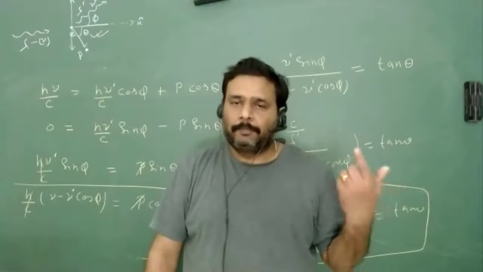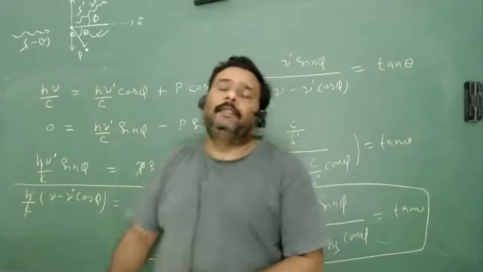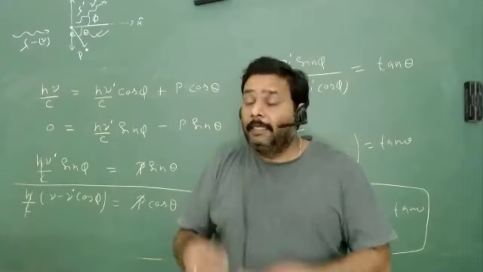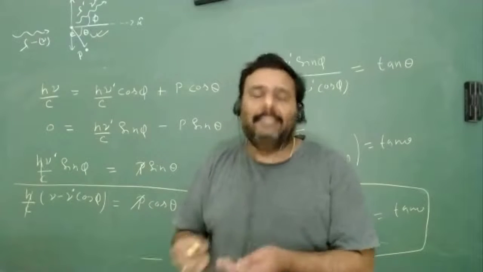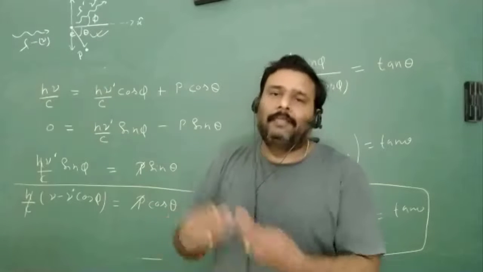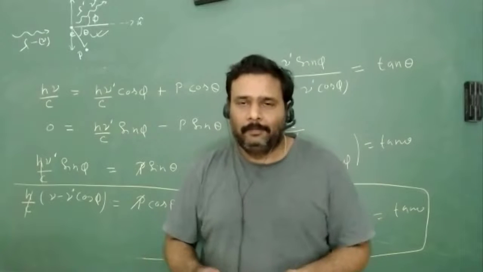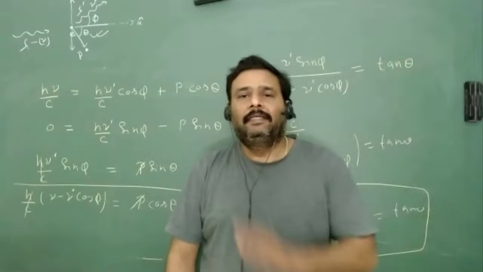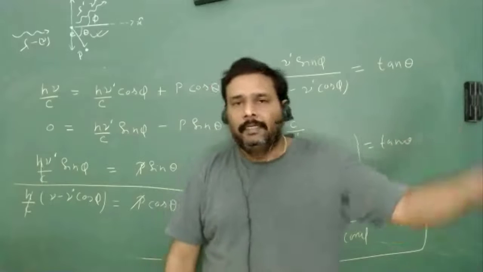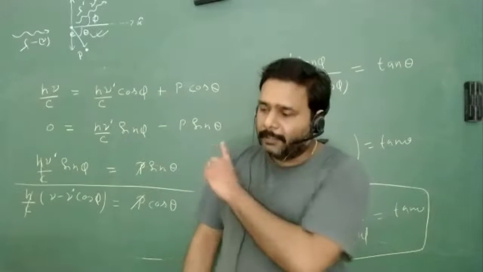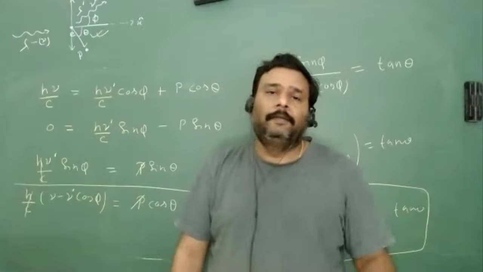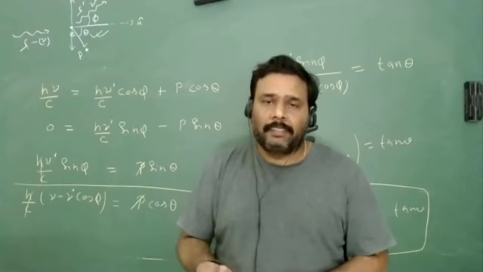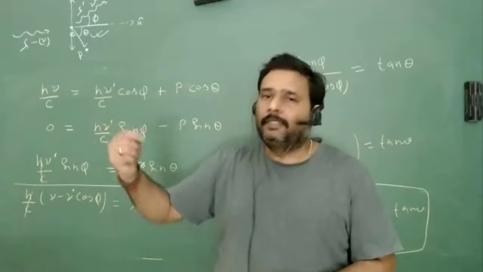And this experiment is not explained by the classical nature, that light is an electromagnetic wave. Yes, light is an electromagnetic wave, because the electromagnetic wave explains a lot of things: you can explain interference, you can explain diffraction. All these things can be explained by the wave nature of light. But this Compton effect is not explained by the wave nature of light. It is only explained by the assumption that light is nothing but photons.